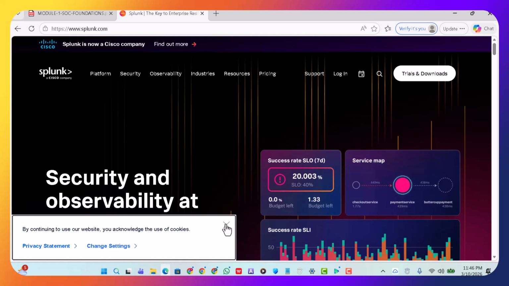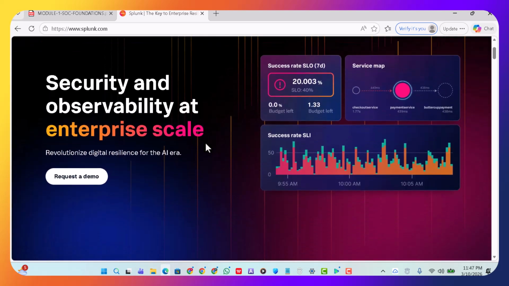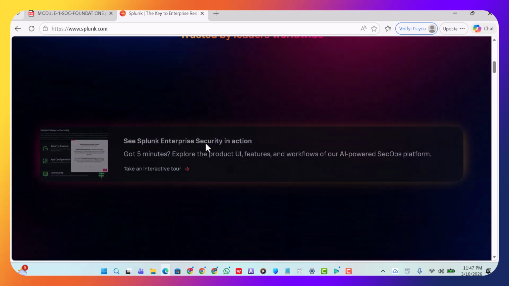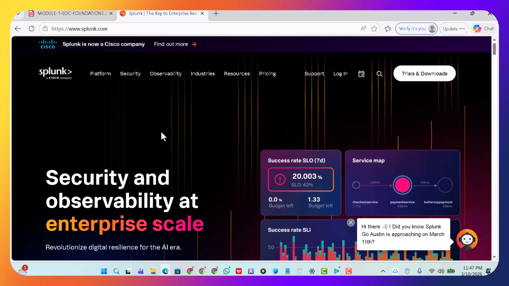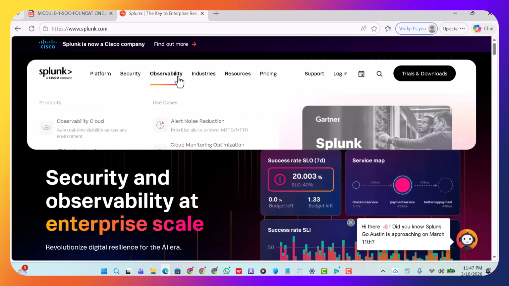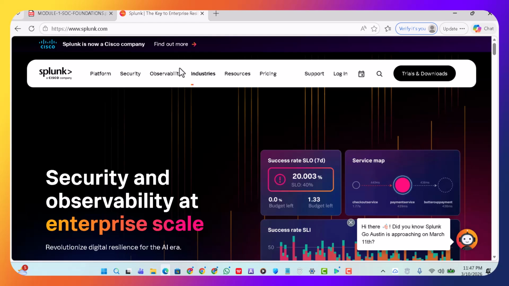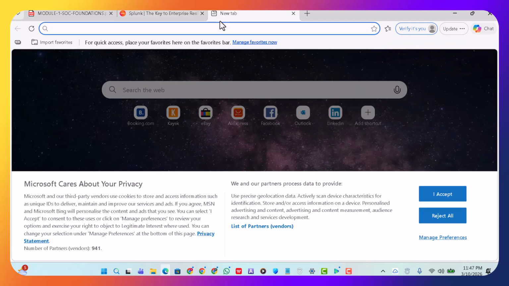So on your own, you go through it. Okay, go to the website, get the necessary information, come here, click the platform, get necessary information about this website, understand what this website does. Okay, the next website I would like you to check out would be Microsoft Sentinel, and it would be